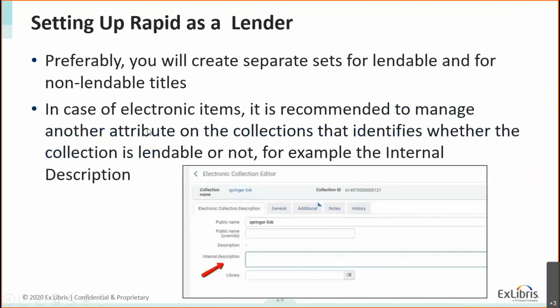Again, going back to that document, there are some recommendations there. I will focus on one of them in the next couple of minutes. It would be best for you, I think, to identify on your collections some information about whether you share this or not. For example, using an internal description, some note in here that would say, for example, share through Rapid, not share through Rapid. A note that, of course, would mean you have to maintain it on your electronic collections, but that